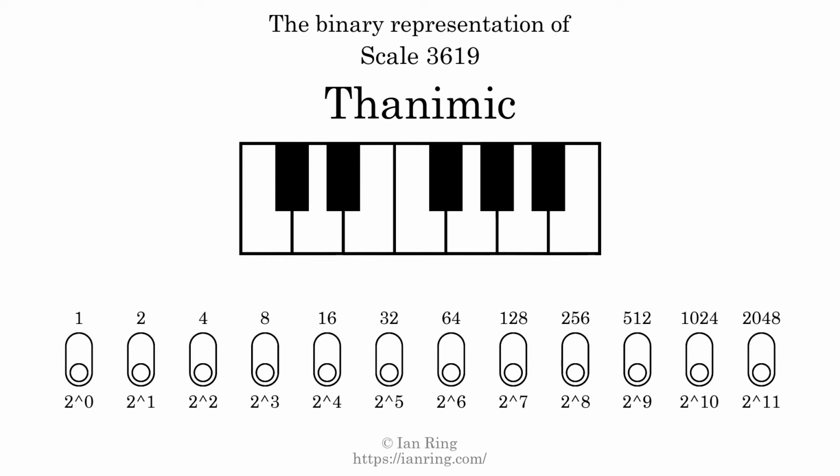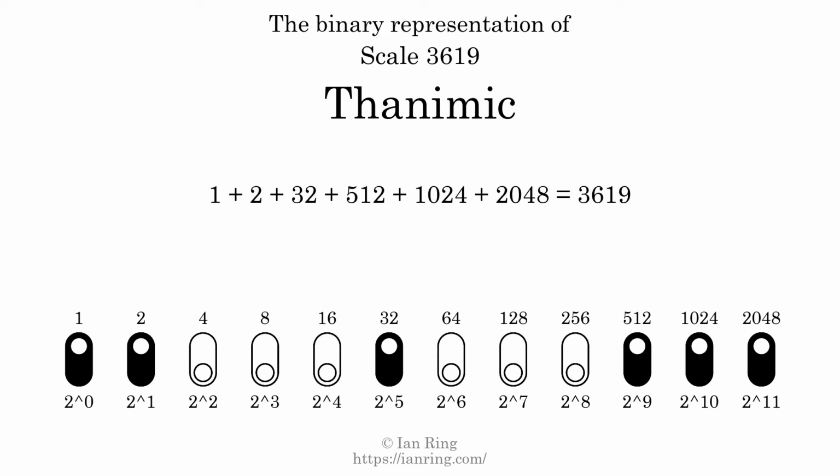The binary representation of this scale is determined by mapping tones of the scale to binary digits. Each binary digit represents a power of 2. To get the scale number, we add the powers of 2 together. The powers of 2 that are present in the scale, all added together, equals 3619. That is why the scale number, in decimal, is 3619. The scale number not only enumerates the scale with a unique index, but it also literally describes the tonal content of the scale. Represented as a binary number in base 2, the scale number is